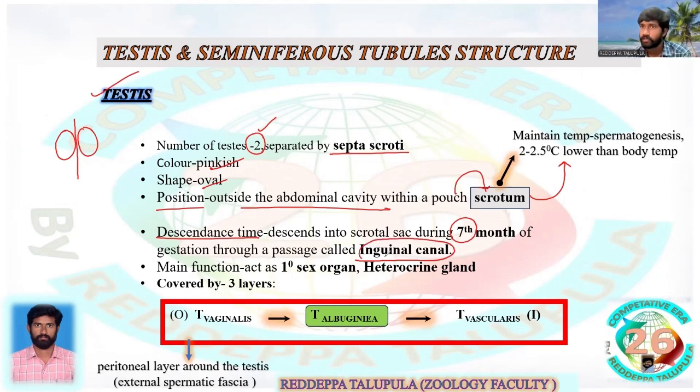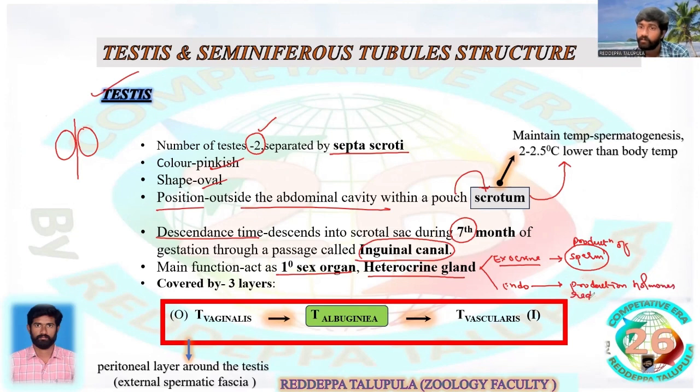And if you talk about the function of the testis, purely it acts as the primary sex organ, and also it acts as a heterocrine gland. How does it act as a heterocrine gland? A heterocrine gland performs mixed function, both exocrine and endocrine. Exocrine, secretions, that means involved in the production of sperms. Endocrine, production of hormones